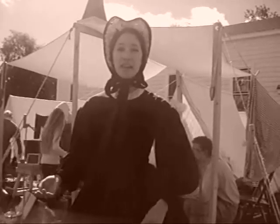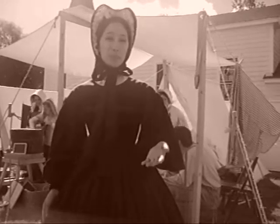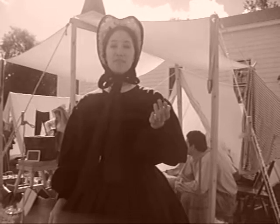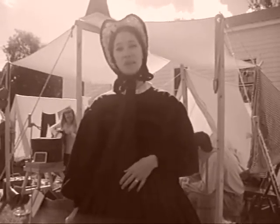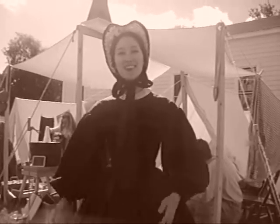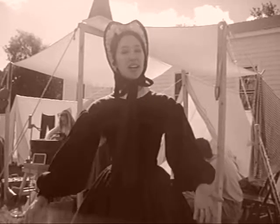This dress is made out of wool, and wool is actually not as itchy as a lot of people think. It can actually be woven extremely fine to make it worn in summer. So they had a lot more different fibers back then than we have now. So not too hot, wool breathes really well, and it also keeps moisture out. So it's a very